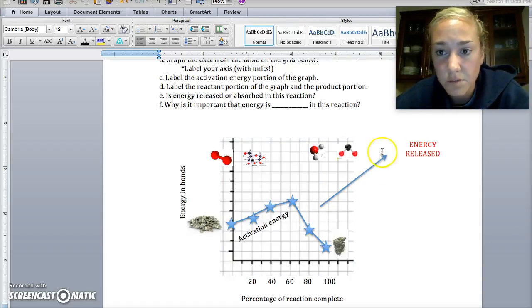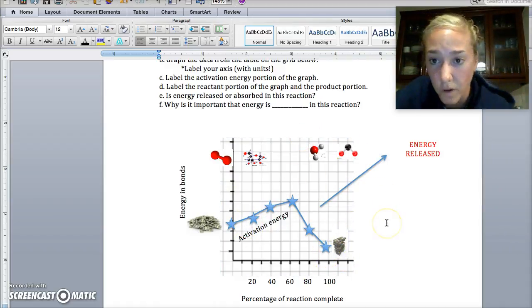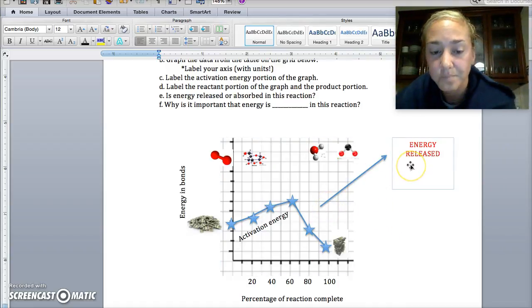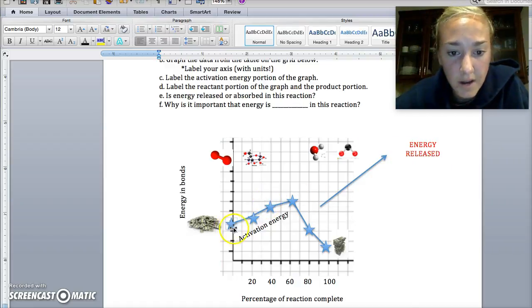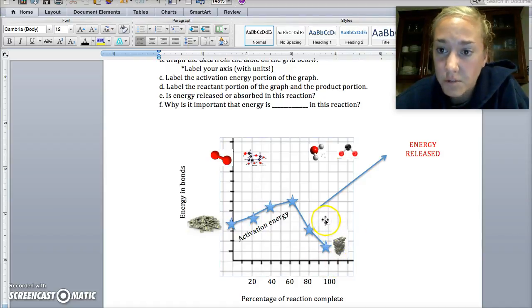It's the same thing for these molecules. These guys are like, man, what the heck? We started with all this energy. We had 40 kilojoules of energy, and now we only have 15 over here on the product side. So what the heck? It had to go somewhere, right? It doesn't just disappear. So we say that energy was released. So anytime you have more energy in the reactants and less energy in the products, we say the energy was